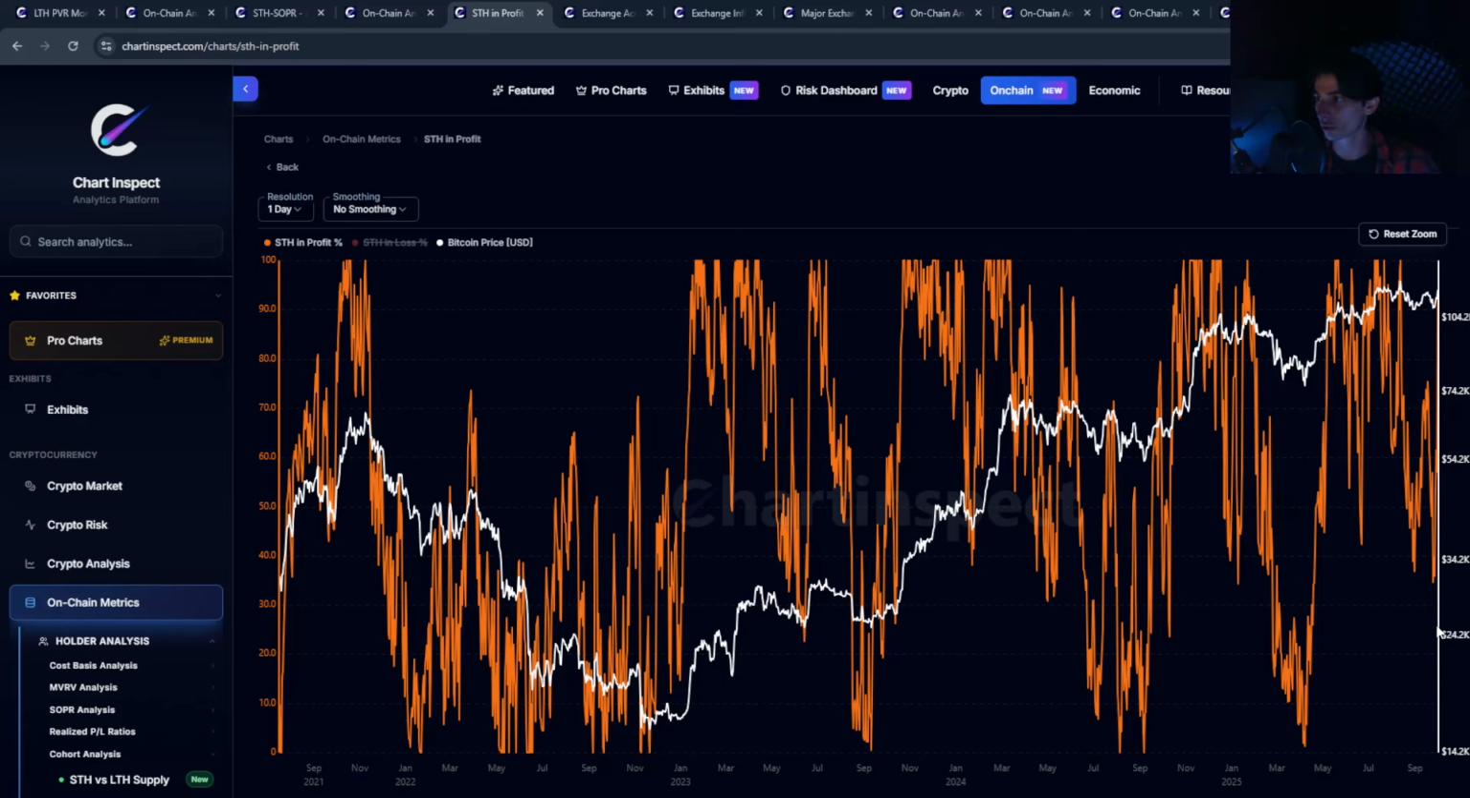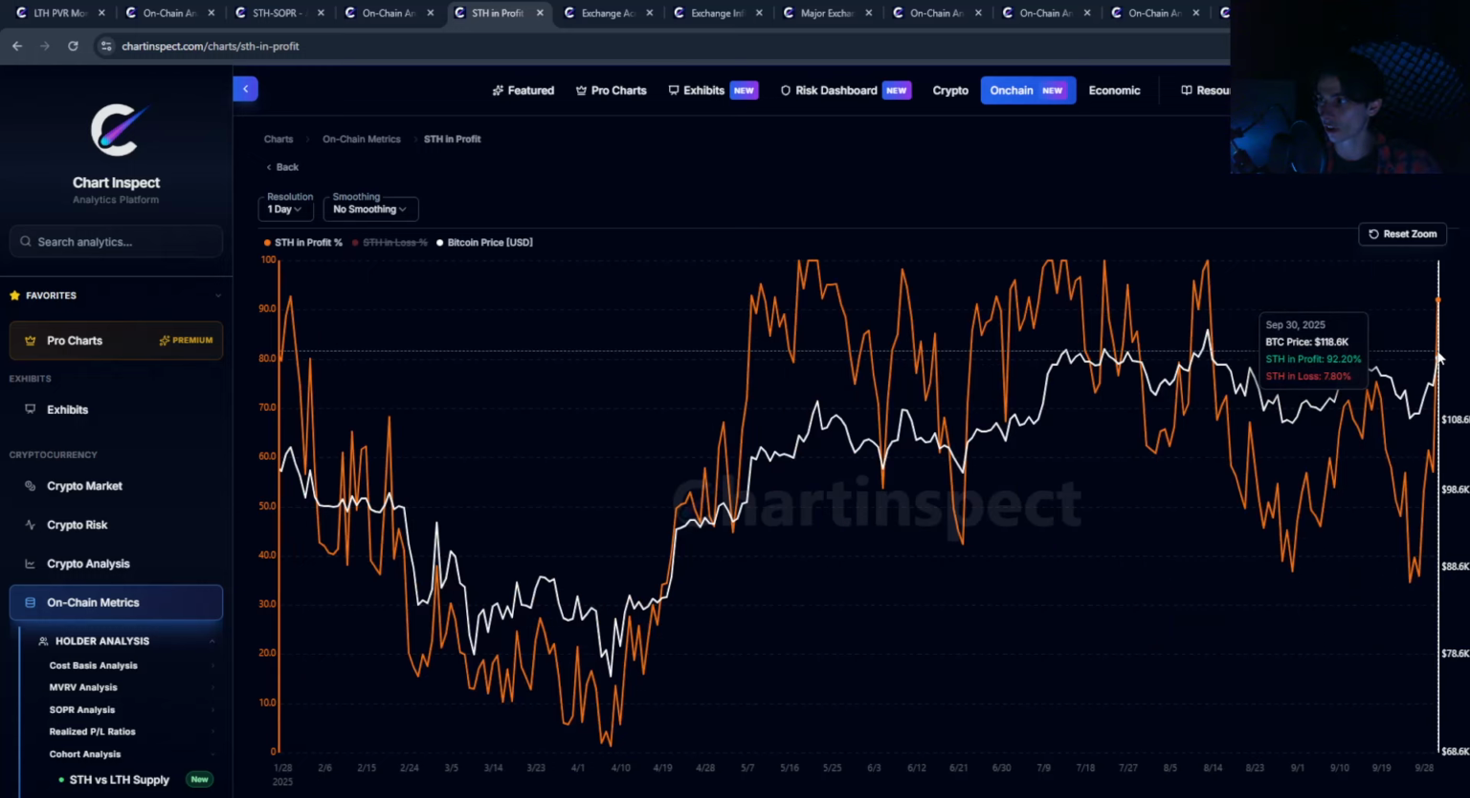So during the dip to 109, around 65% of short-term holders were in loss. In bull markets, when we drop below 50%, or even sometimes down to 100%, it often marks these local bottoms, moments of maximum fear among newer holders. We got pretty close to that level, around 80, 90, but we didn't break through it. We held at 65 and then bounced very hard, and we're currently at 92% of short-term holders in